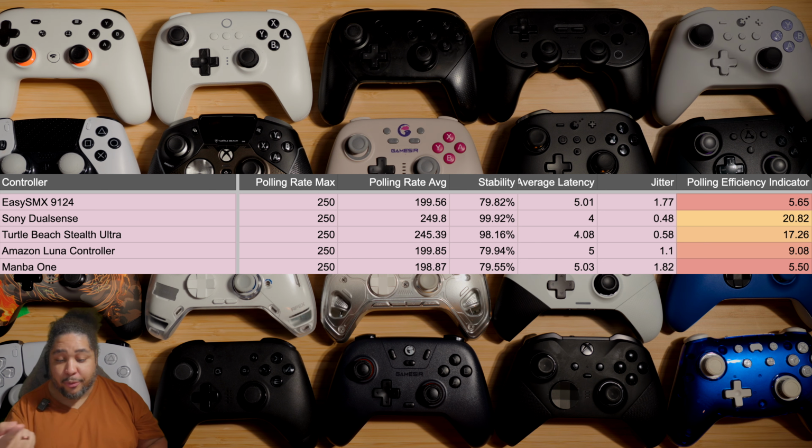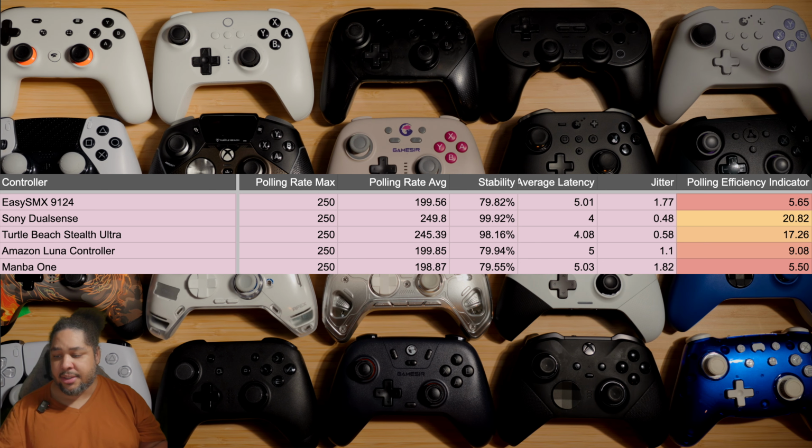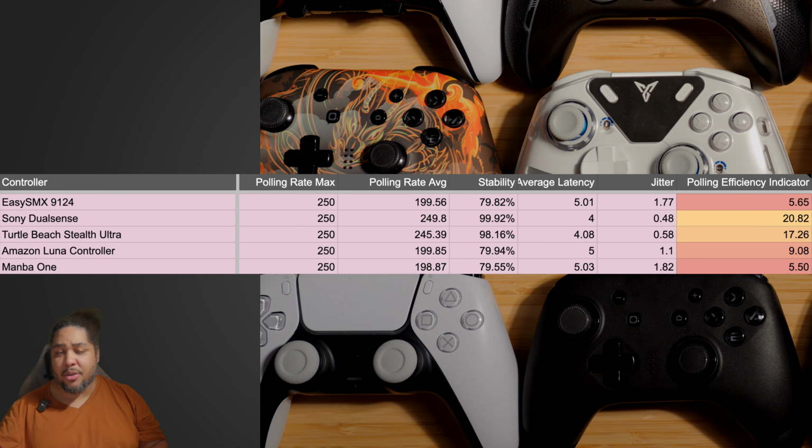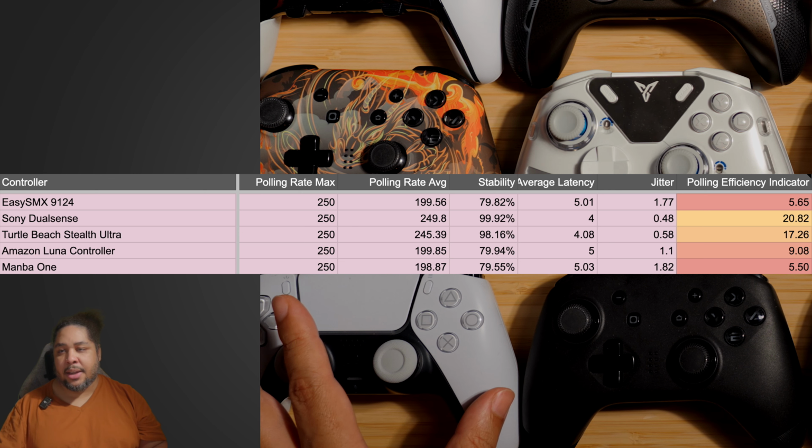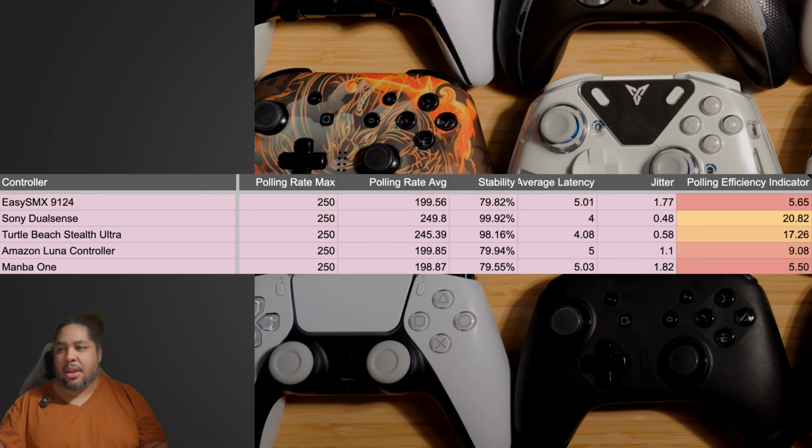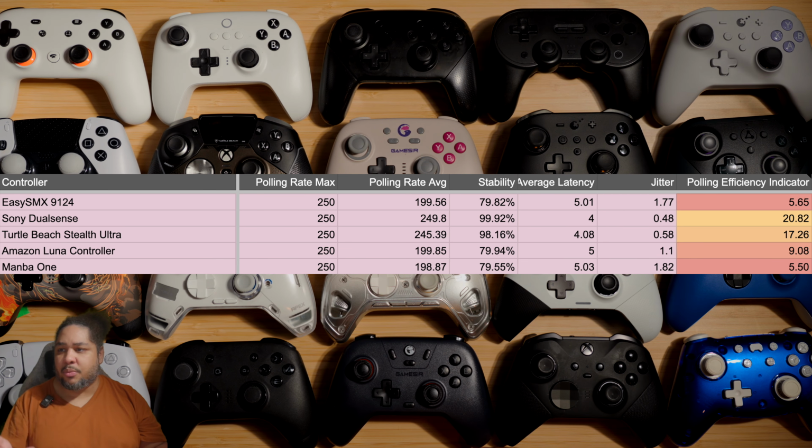But the one that outperforms all the rest is none other than Sony's DualSense. The stability and the polling rate, and how efficiently it hits those numbers, is just top tier in that range. And again, it goes to show that Sony knew what they were doing right off the gates with their controllers, because when that came out, it was, and still is, one of the best controllers on the market,